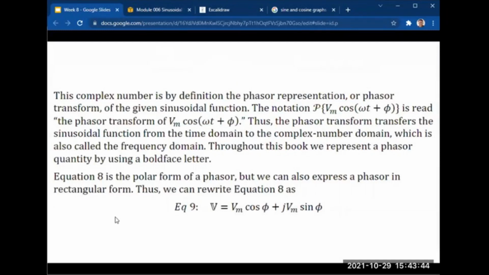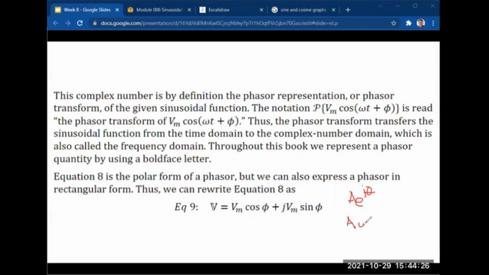This is Euler's identity. So let's go back here. Phasor transform transfers the sinusoidal function from the time domain to the complex number domain, which is also called the frequency domain. I just contradicted myself. Anyway, throughout this book, we represent a Phasor quantity by using a bold-faced letter. So equation 8 is the polar form of the Phasor. This is the rectangular form. Again, the difference of polar form, I hope you still remember, that is A, e raised to j theta, polar,